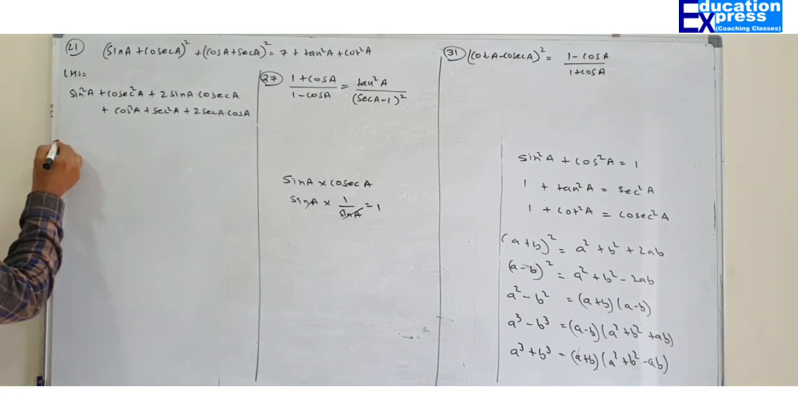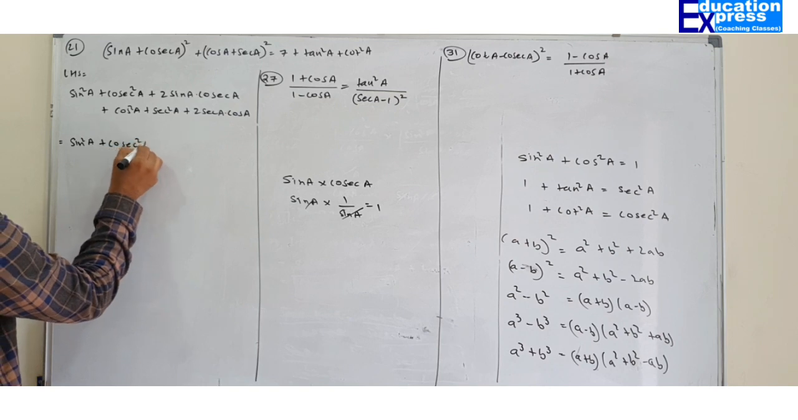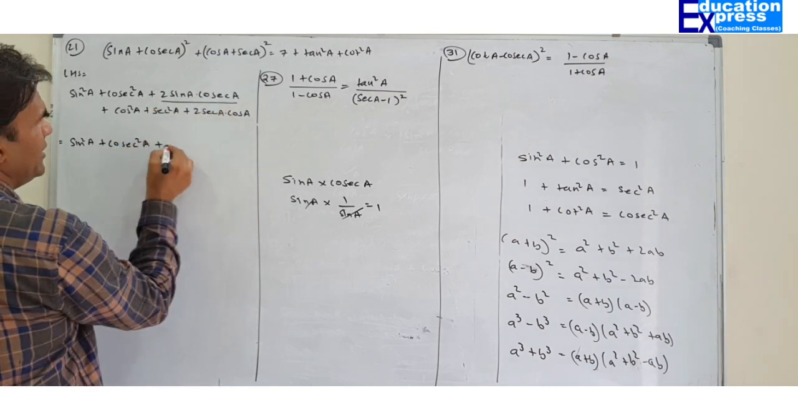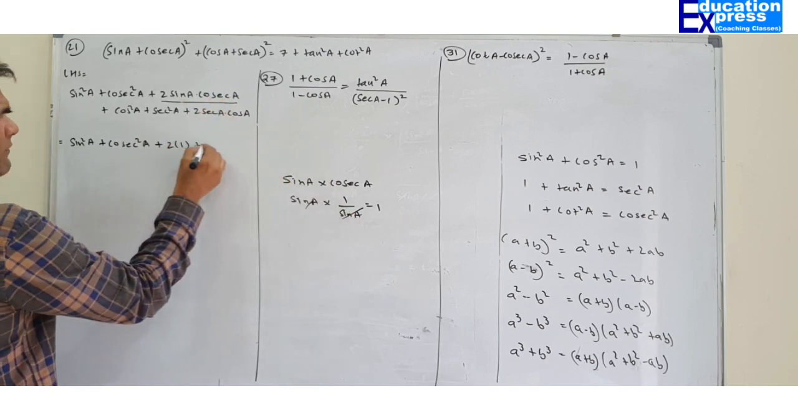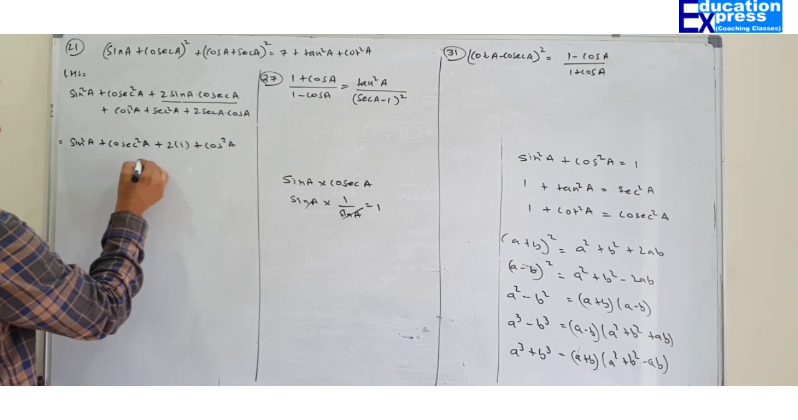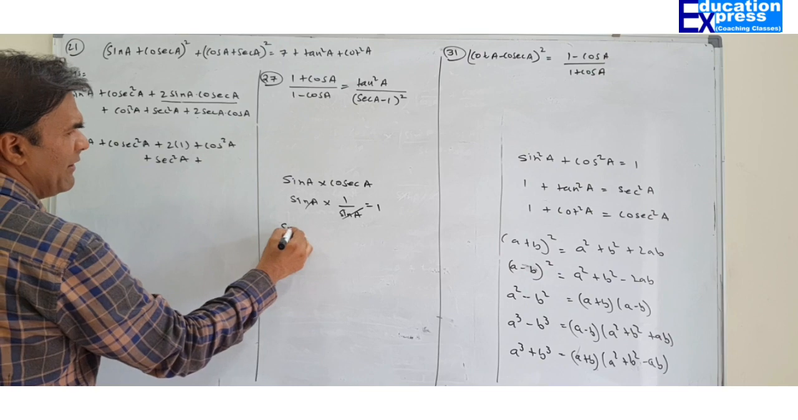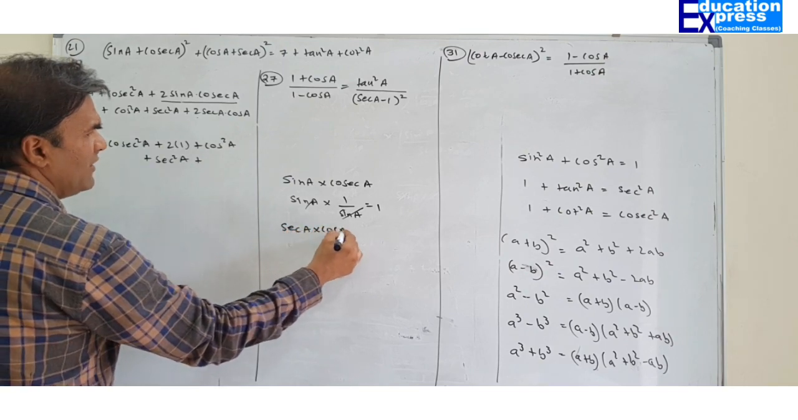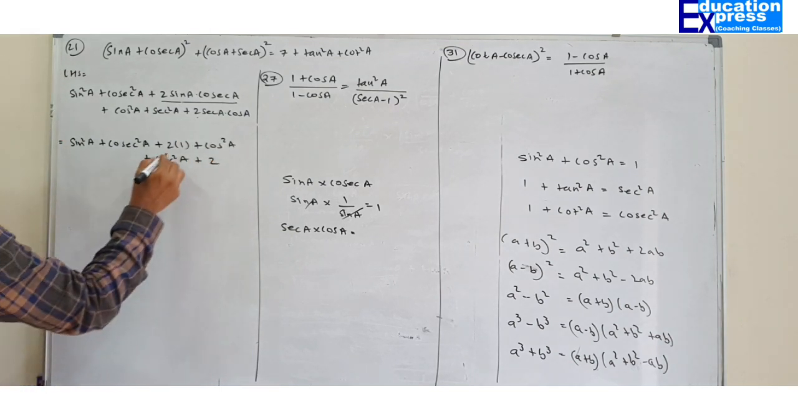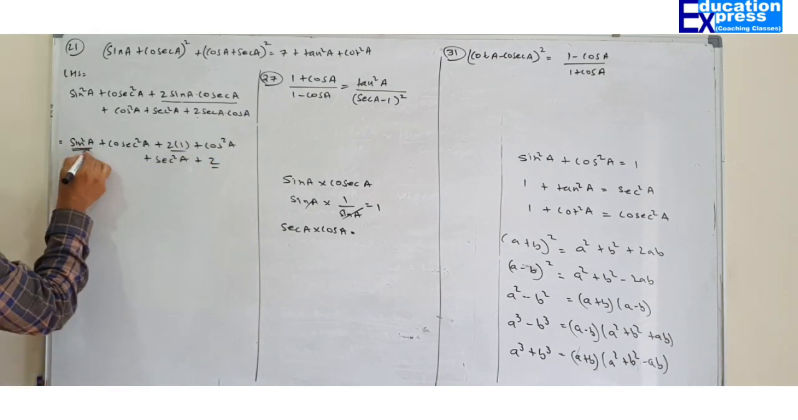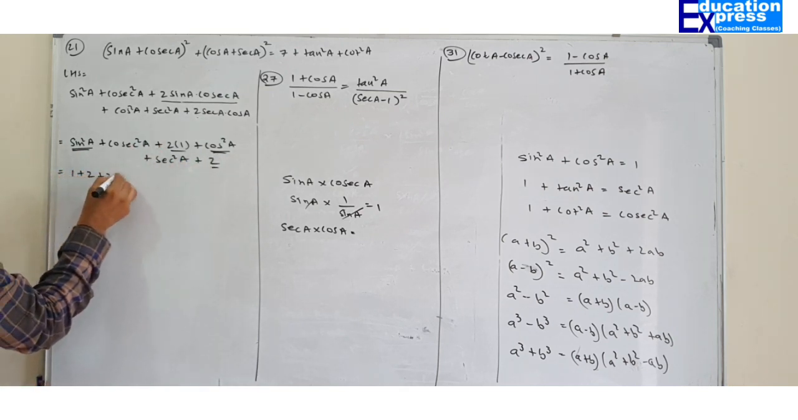So here, sin square a will remain sin square a, cosec square a will remain cosec square a, plus this can be written as 2 into 1, because sin a into cosec a will be 1. Same way, cos square a will remain as it is, sec square a will remain as it is, but sec a into cos a is going to become 2 into 1, that will be 2. 2 plus 2, 4. Sin square a plus cos square a is 1. So 1 plus 2 plus 2 plus